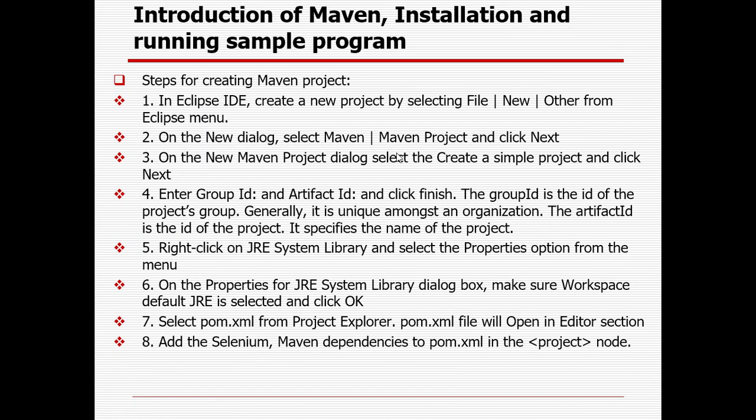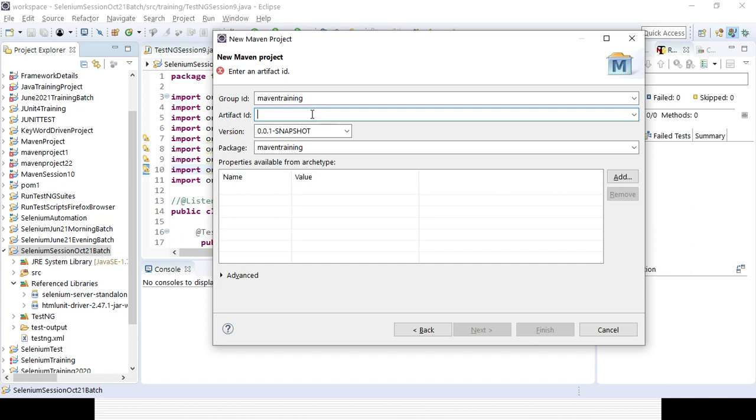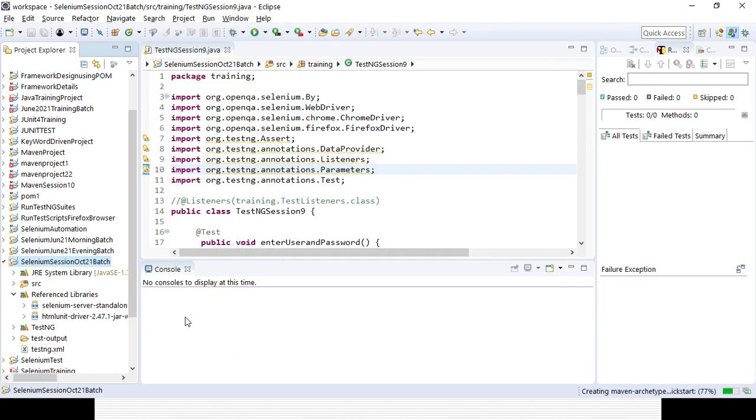So let's give some project name, Maven session 10. Okay, it's already available because I have created something, Maven training session 10. You can see your package name is automatically coming, group ID dot artifact ID, and you can click on finish. Once you click on finish, your Maven project will be automatically created.